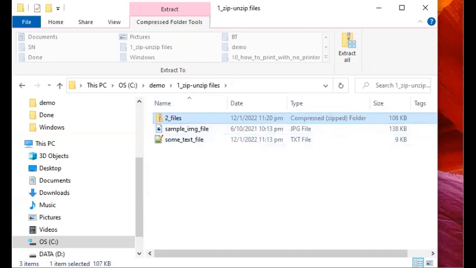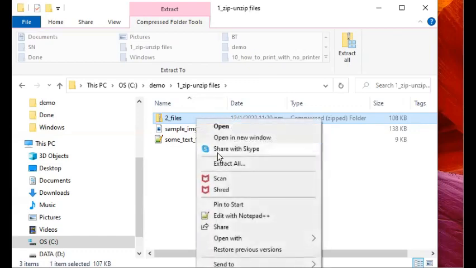Now, the next thing we will learn is how to unzip a file. So now we have a zip file in front of us, which is this one. The icon is quite obvious. It's a folder with a zipper in it. So that's a zip file. We want to unzip this file now. Let's just say I have zipped this file, attached it to an email, and sent it to somebody. Now that somebody received the email, downloaded the zip file, and wants to unzip the file for his own use. So what he will do is right click on the zip file